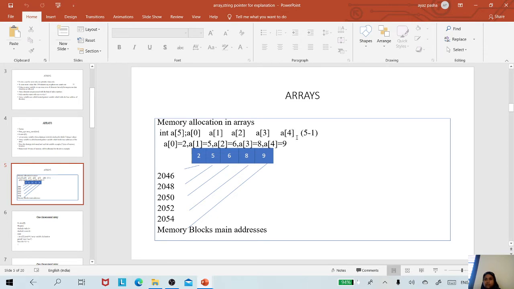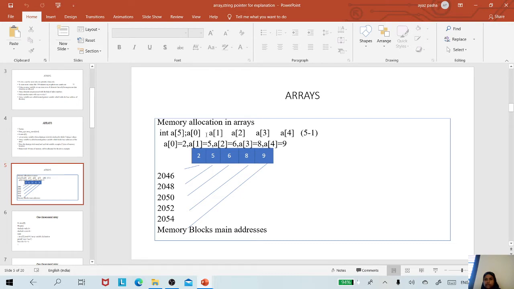You can see here in this memory allocation, the first element a of 0 is holding the integer value 2. A of 1 is holding the integer value 5. A of 2 is holding the integer value 6. A of 3 is holding the integer value 8. A of 4 is holding the integer value 9.